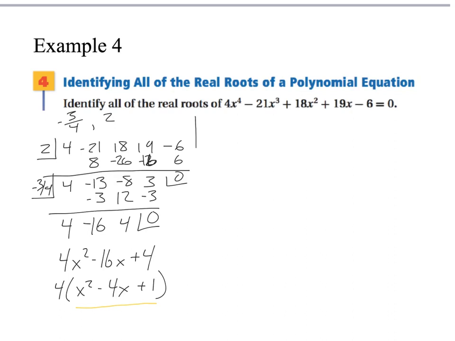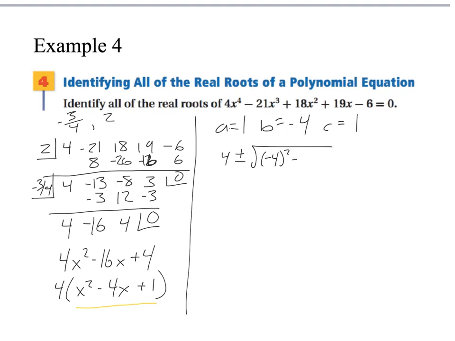And I'll do that. I'll kind of partition this. So A is going to equal 1. B will equal negative 4, and C will equal positive 1. So negative of negative 4 is positive 4 plus or minus the square root of negative 4 squared minus 4 times A times C all over 2A. Starting to reduce this a little bit. 4 plus or minus the